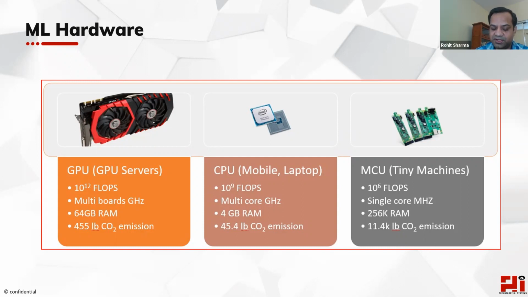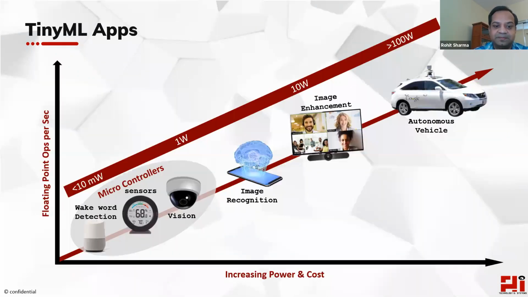So socio-economic factors, if you look at from the environment standpoint also, these tiny devices are very friendly for the environment. And so this slide talks about how the power goes up as the applications increase, right? Close to the origin are your applications that are running in microcontrollers, from a few milliwatts to under a watt. And TinyML, the boundary is still being debated as to where the TinyML initiative is, because it's intensely focused on low power devices. So this graph gives you a visual representation.